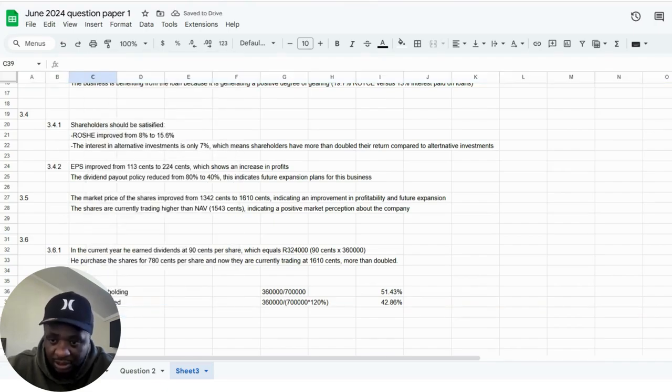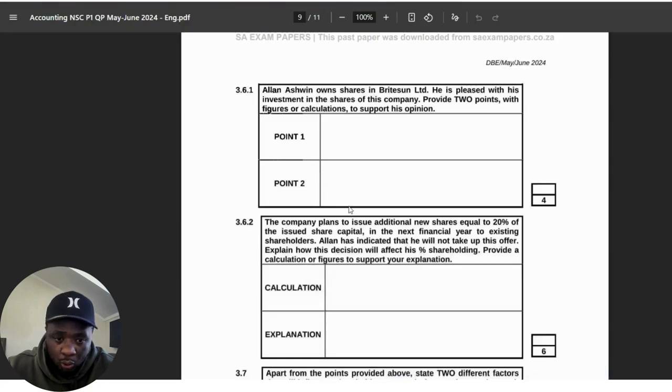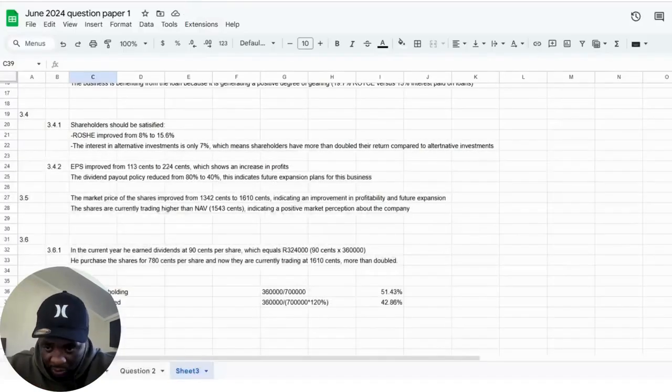Okay. I want to check now also the amount of marks that are here. So I think there's about 4 marks in the calculation, because you calculate the previous shareholding and the current shareholding, and then you make an explanation for another 2 marks. So we're going to say that